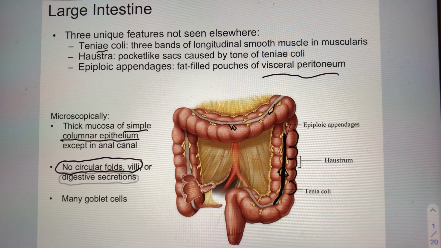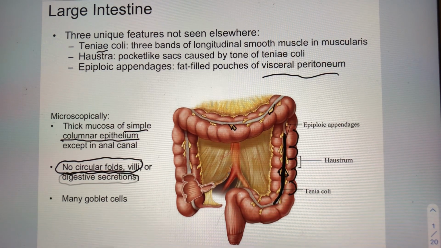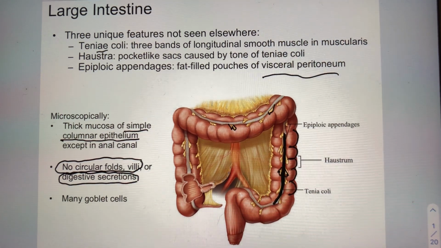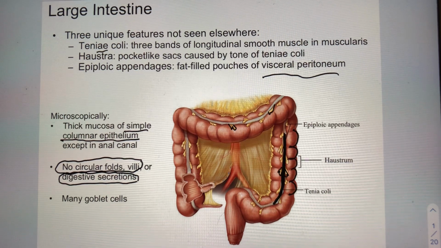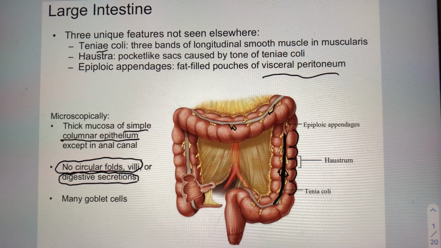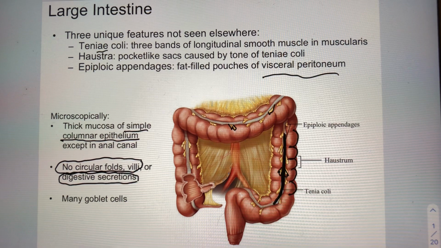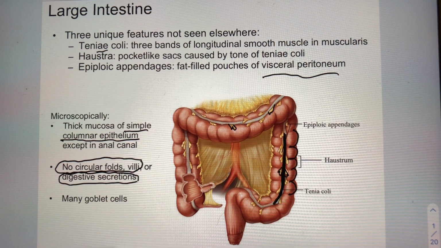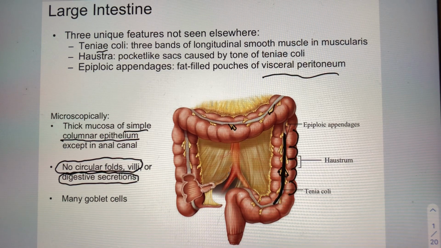There is no digestion occurring, or at least there are no new enzymes that are being sent into the lumina of the alimentary canal and the large intestine. And then there are even more goblet cells lining the large intestine than we've seen in a lot of the other organs. So the portions or divisions or regions of the large intestine include the cecum, which we talked about in class, kind of a blind corner,